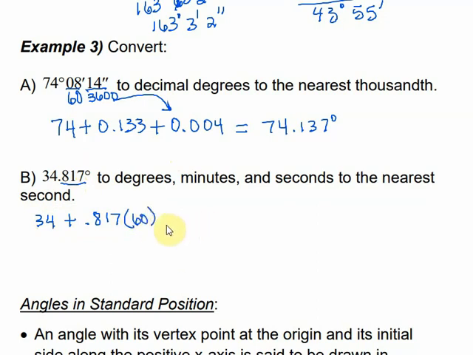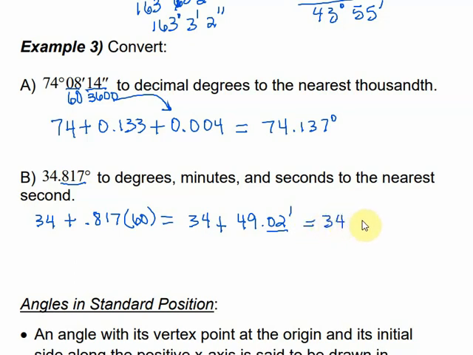Okay, so that's going to give me 34, and then when I multiply that, I get 49.02 or 2/100 minutes. Okay, then I take the decimal on that and I'm going to multiply it times 60. All right, so